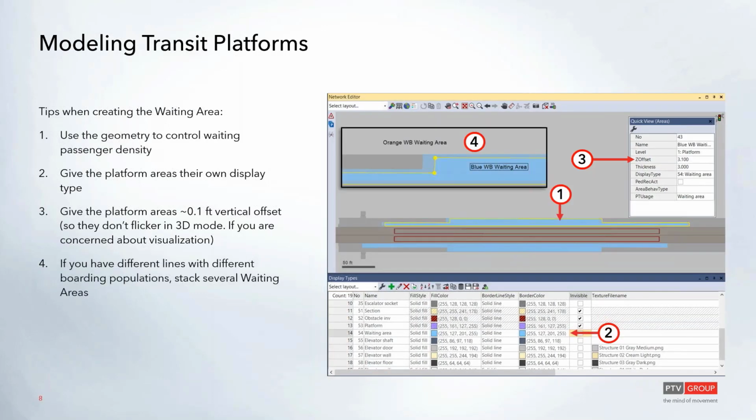Then once you've created the platform edge, you'll create your waiting areas. The key thing here is that the passengers that are waiting for the public transit vehicle to arrive will wait at random positions within the waiting area. So if you make the entire platform area the waiting area, then you could have people waiting in far corners of the space. And so usually what we'd recommend is that you use the geometry of the waiting area to kind of corral the people into the appropriate locations,